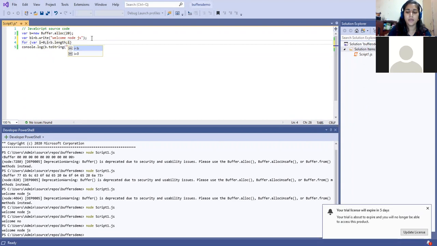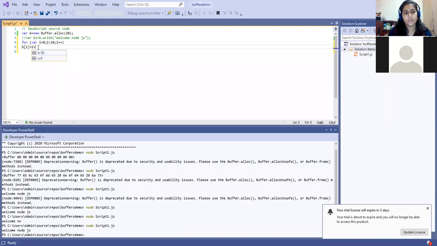Okay, then i plus plus, and I'm going to write over here b of i, that we have seen in the last lecture. Basically I can write over here instead of this. Suppose I want to write to the buffer, not display it. I'm just going to write any bits. So where i equal to 0, i less than 10, i plus plus, and I've simply created one buffer with 20 locations, and b of i equal to, suppose, i